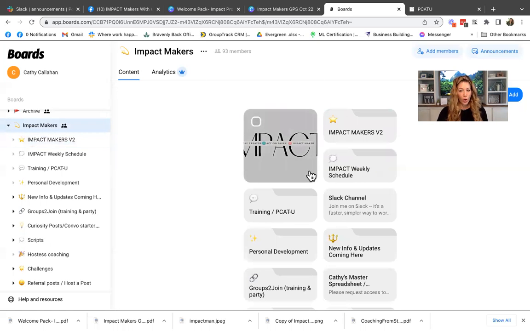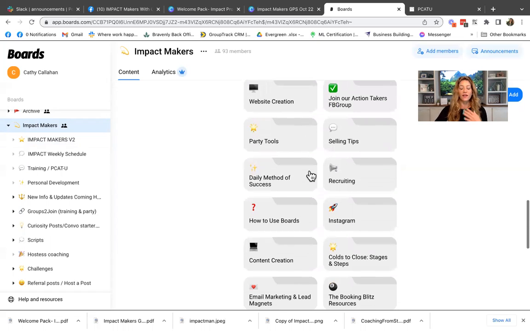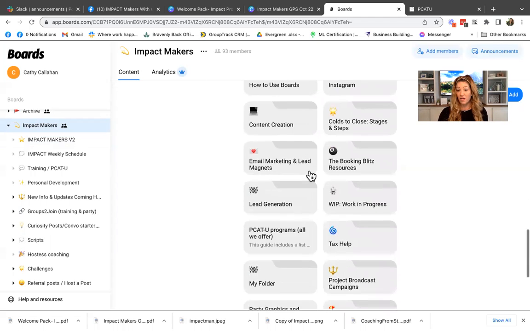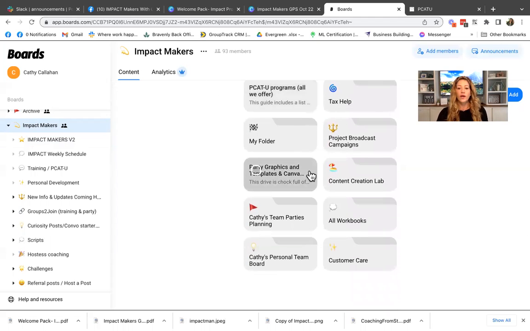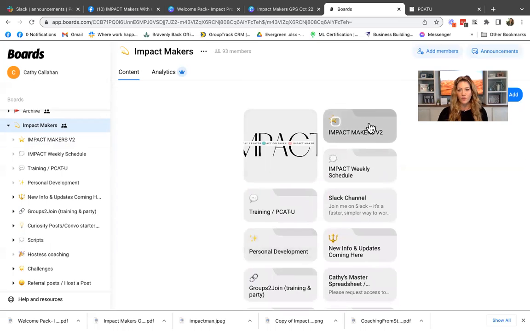What else is in here? A whole lot of stuff. My job is to clean this up for you guys. But as we talk about stuff on coaching calls, and I'm like, oh, I have that, I can give you that, I upload it to the Boards app. So I might refer you to certain things that are in the app. You don't have to feel like you've got to go through all of this. That's why we have our phases and stages for you here. Any questions you can bring to your advisory calls or group coaching calls.